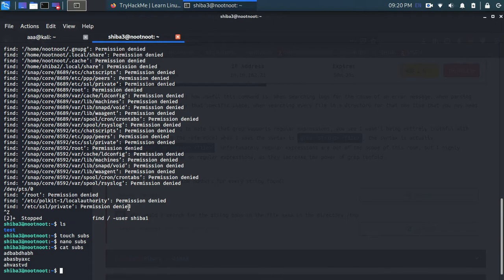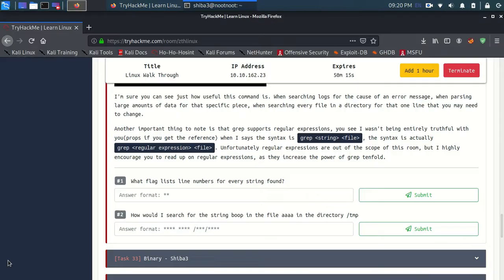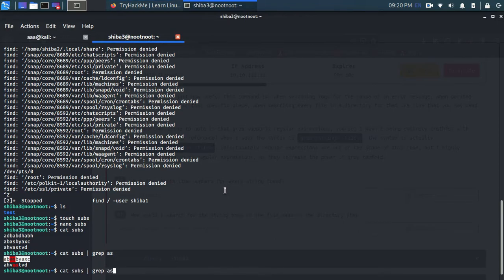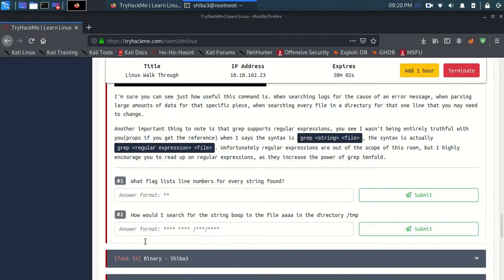Now if I want to search for something known as AS, I can just do grep AS, and it will give out those 2 lines where AS was used, with AS highlighted. Let's add -n to it, and it gave the line number as well. Line number 2, line number 3. So it's -n.